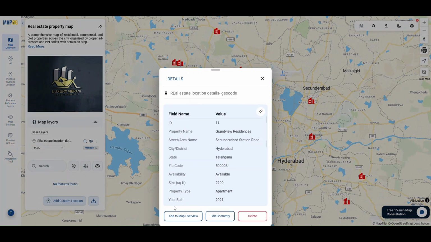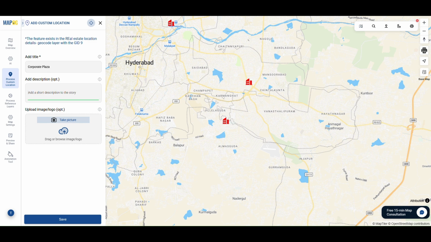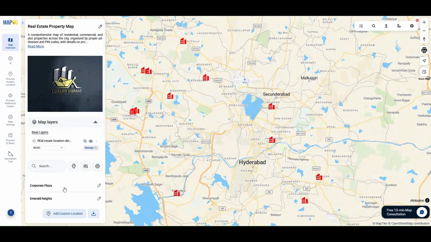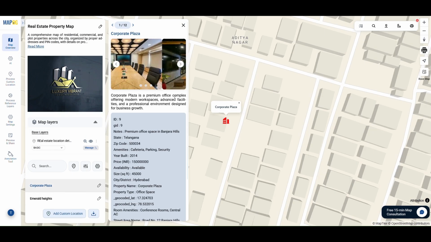To make your map more engaging, select a point and click Add to Map Overview. Then click the pencil icon and choose Edit Custom Location Details. Here you can add titles, descriptions, and even images of the site and then save it. Now your portfolio isn't just rows of data, it becomes a visual story you can share with your team or